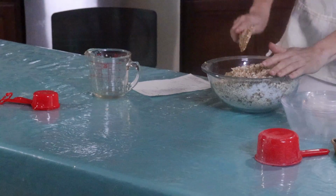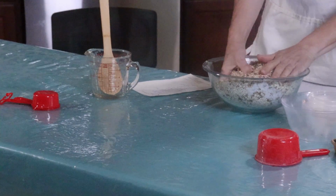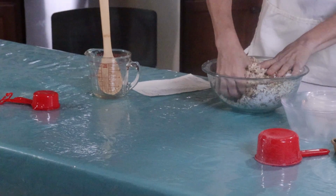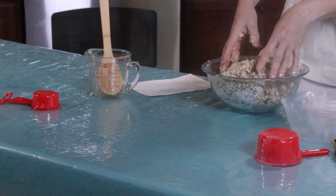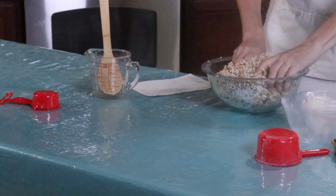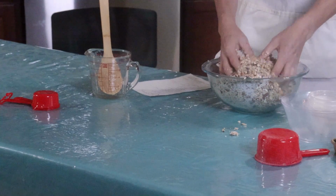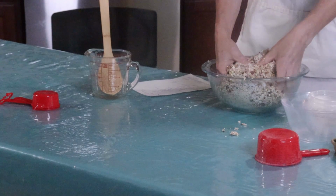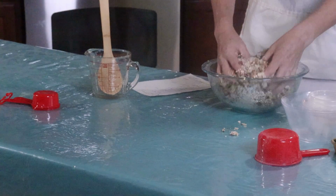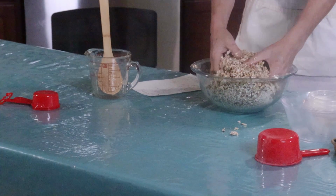Okay, forget the spoon. And you just want to then mix it until the dry mixes in with the wet. I made a batch of this yesterday, and using a bigger bowl makes a big difference. So when you make this recipe, actually the recipe that we're going to have